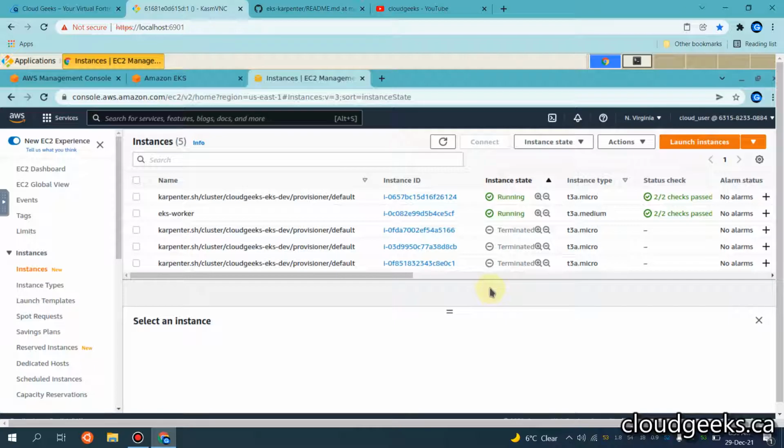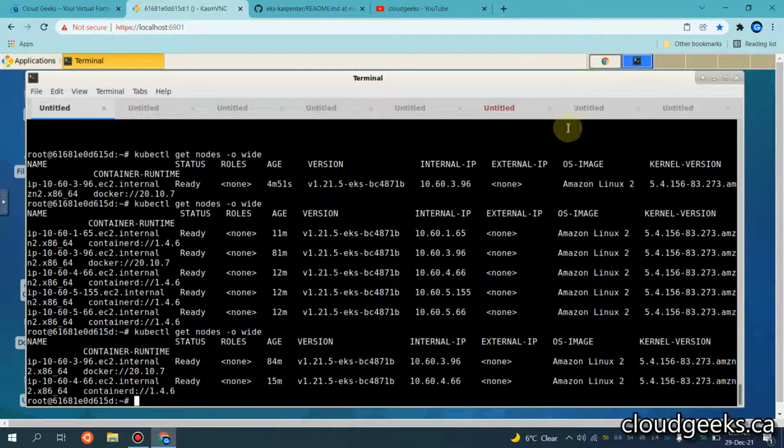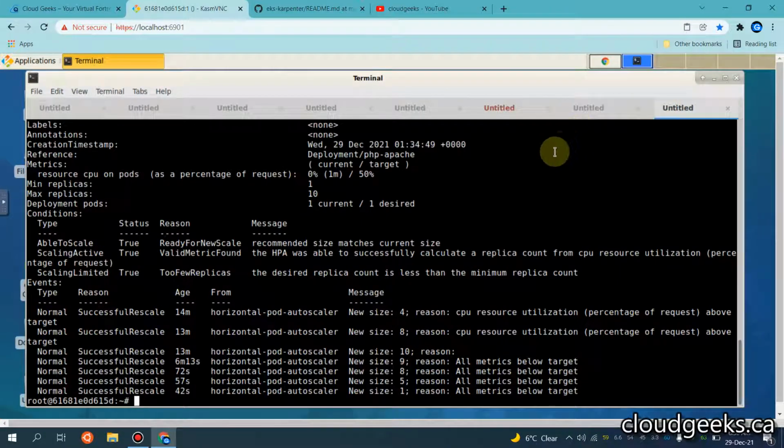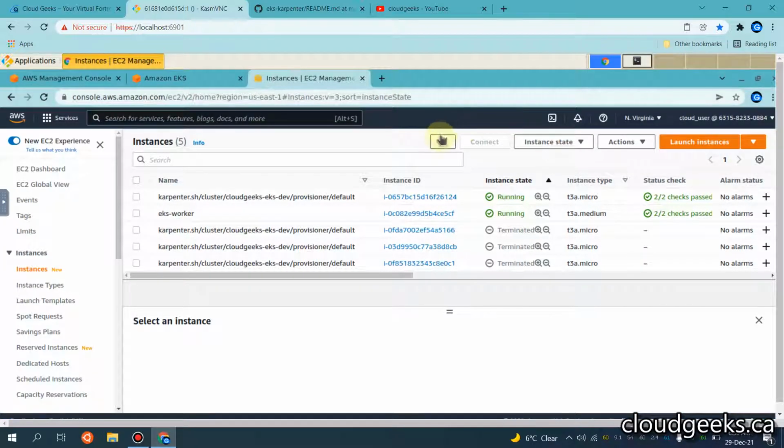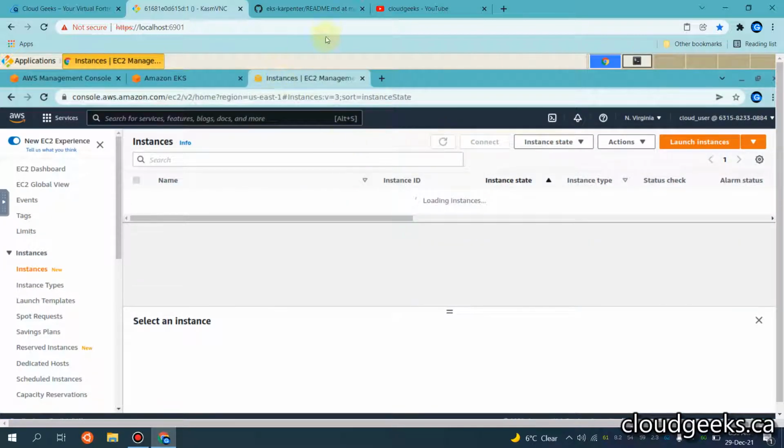In the past, if you used the EKS autoscaler, it was not that efficient. You had to wait at least 10 to 15 minutes, and with Karpenter on EKS, I just tested it, it takes about 2 or 3 minutes.